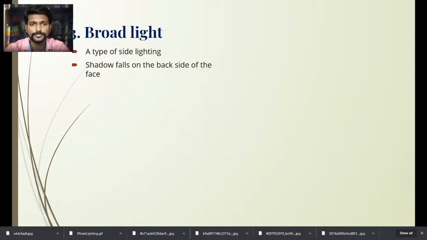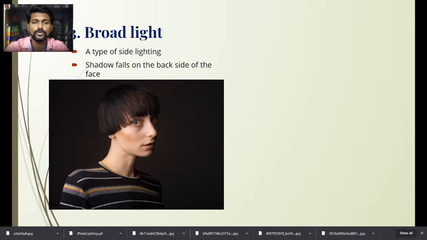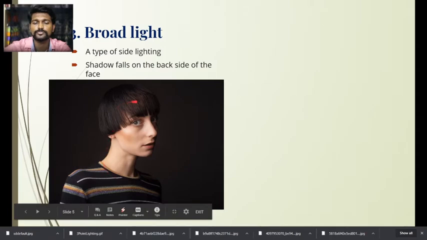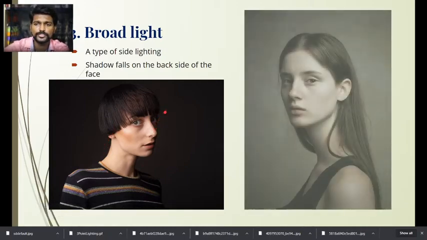Okay, broad light. This is a type of side lighting. Shadow falls on the back side of the face. Okay, so I show you an example for broad lighting. So this is a broad lighting. The face is in a profile view, so you can see the lighting falls on the broad side of the face. So they covered the broad side of the face